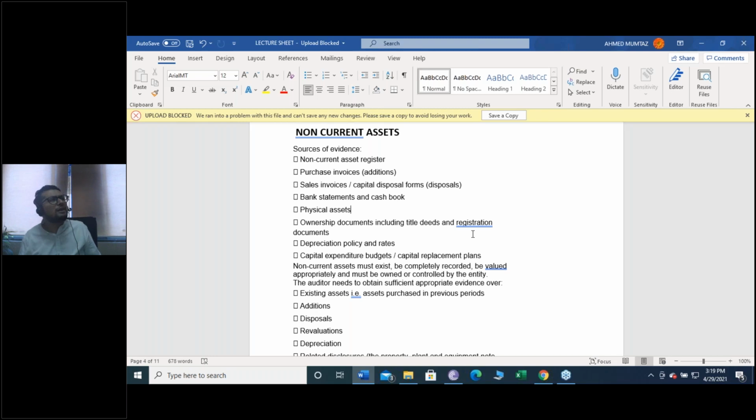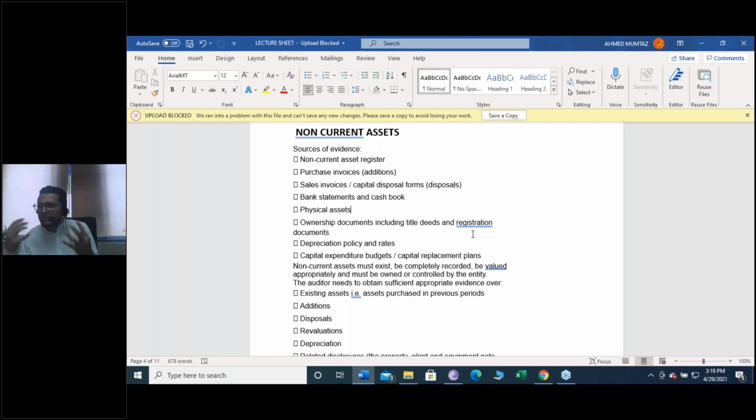When it comes to non-current assets, there is a very important thing called depreciation. And when it comes to depreciation, there is an important thing called useful lives and the assumptions used in the useful lives, the calculation of the depreciation expense, and the methodology used, the straight line method or the reducing balance. So all these factors are sources of evidence. Are you having butterflies in your stomach?